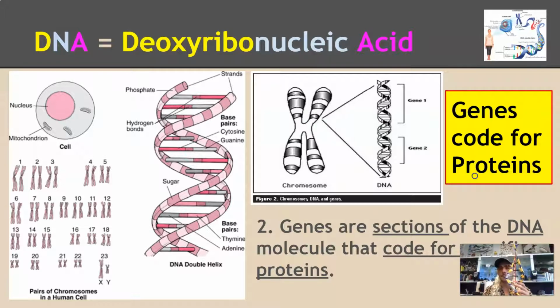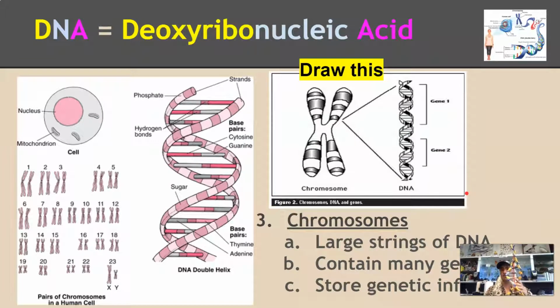Okay. We have 23 pairs of DNA strands inside of our cells, so 46 sets. Just like if you had 23 pairs of socks, you'd actually have 46 socks. We'll talk about why they're paired and all that later. But right now you need to understand this. These are long sections of DNA. So that DNA gets twisted up and coiled up into a structure called a chromosome. Now, I included a picture of this on your note sheet, so you have that there. So run with me here.